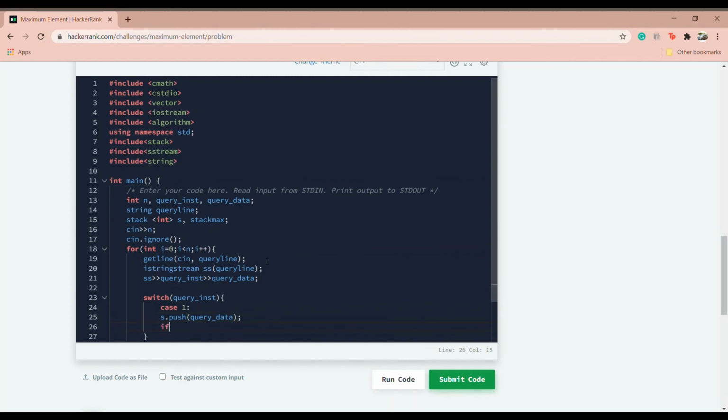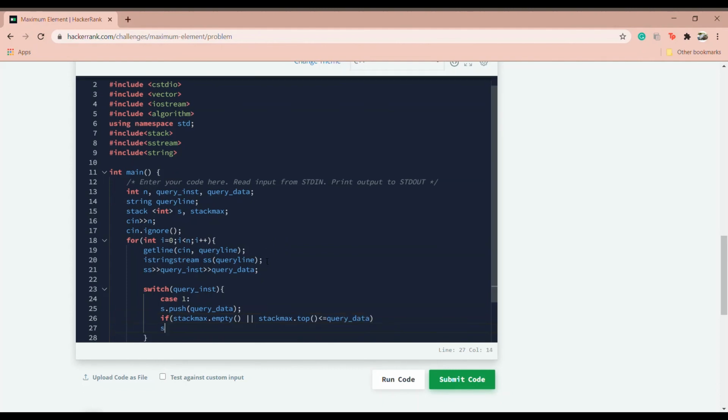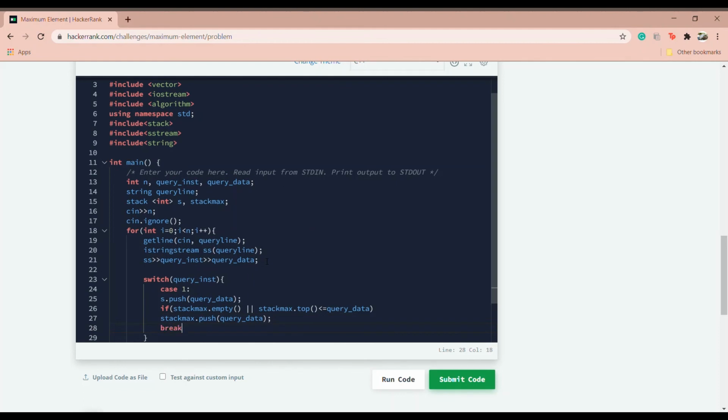Now we have our if condition, that is if stackmax.empty(), that is if it is empty, or if the topmost element in stackmax is less than or equal to query data, only then we'll be pushing this query data into stackmax, as we have done here. And once this is done, we'll break from the first case.